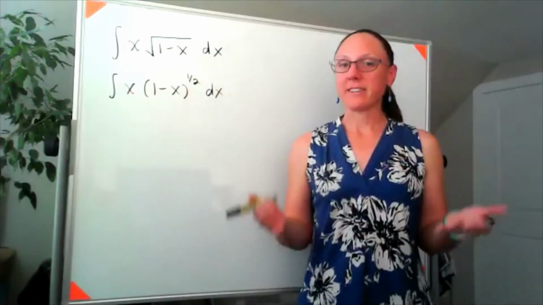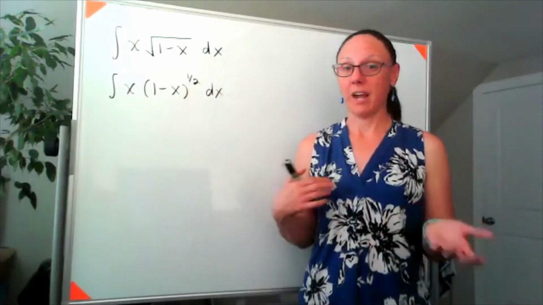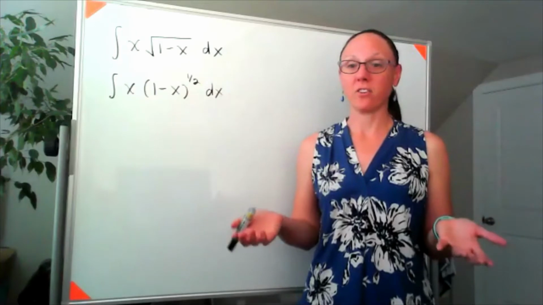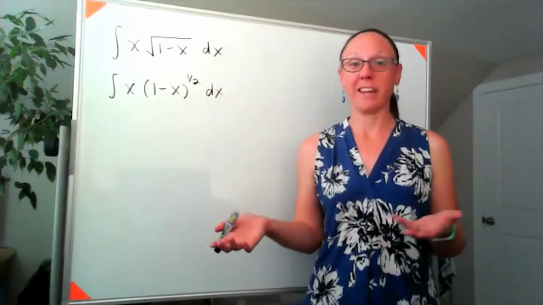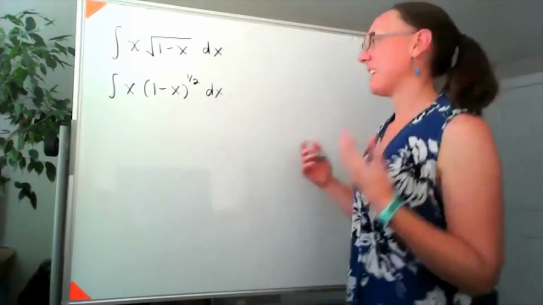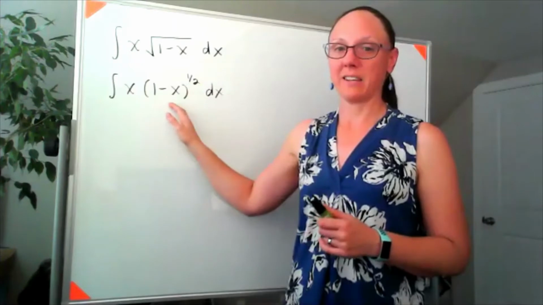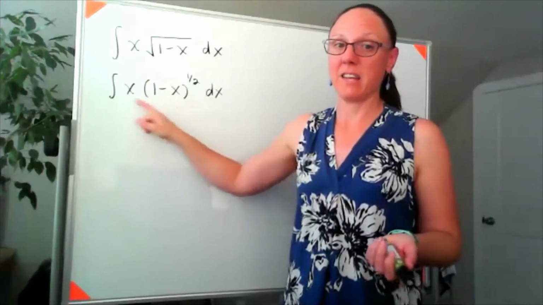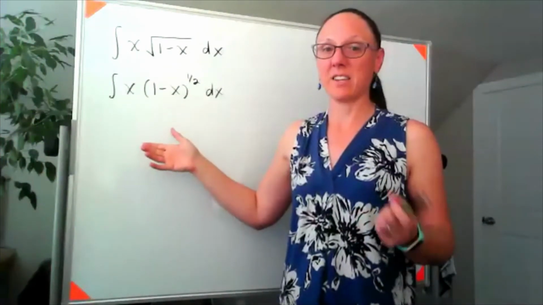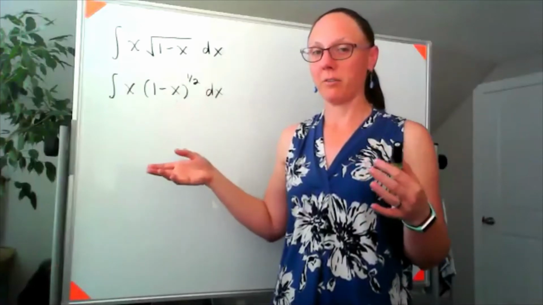My next line of defense is to think about a u substitution. Normally, I'm going to make my u substitution based on thinking about whether the derivative of one part equals the other part. In this case, that question doesn't exactly help us. The derivative of 1 minus x is negative dx, and the derivative of x is dx. So neither of those can replace the other. However,